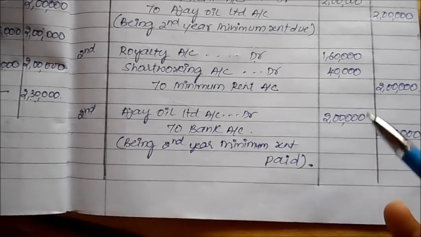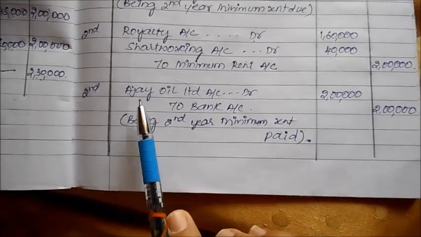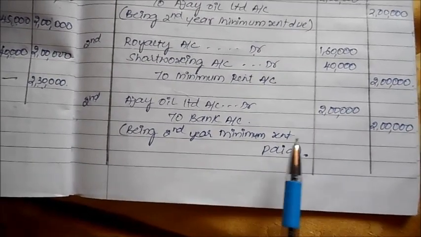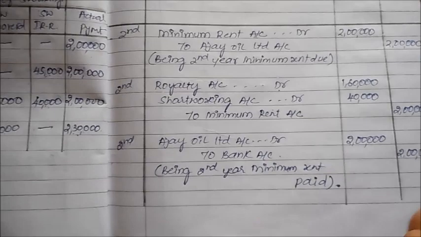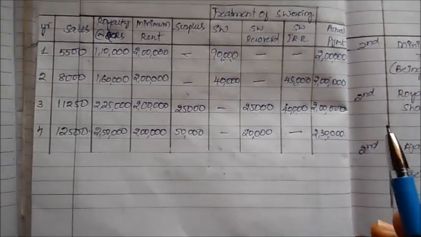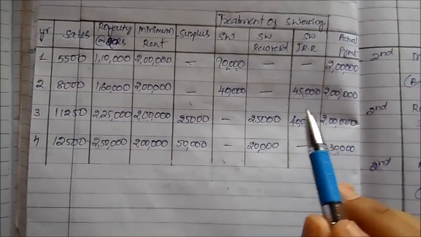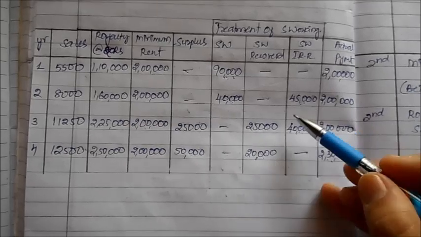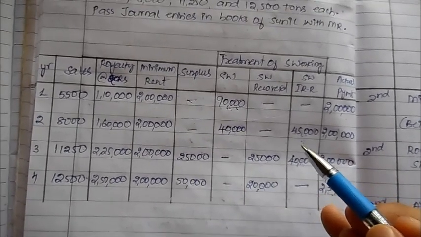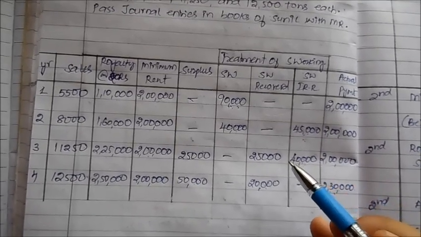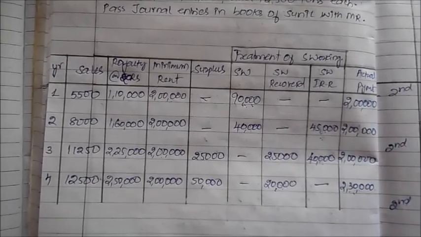Okay, now ultimately what are you landing up paying? You are paying Ajay to bank in the form of minimum rent 2 lakh rupees. Okay, now one very important thing to be kept in mind, we are not just going to transfer royalty to profit and loss account, but because we also have a portion of irrecoverability, this also will get transferred to your profit and loss account as expense, which is not going to be recovered ever in the future.